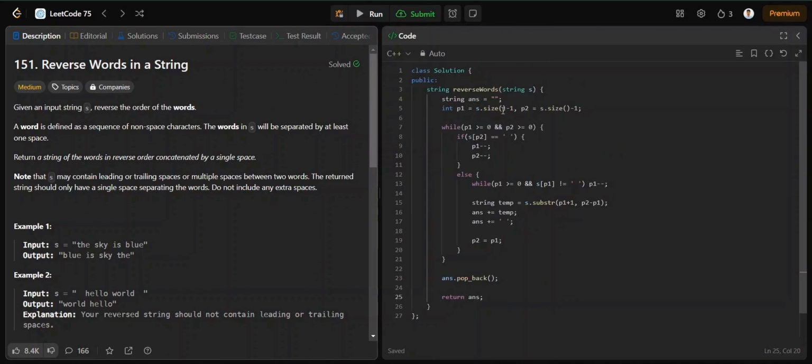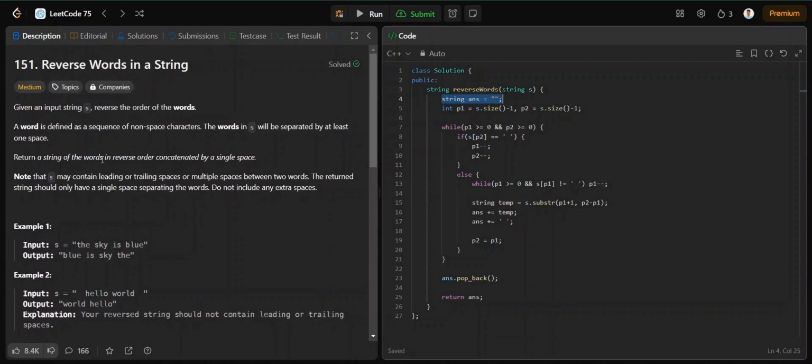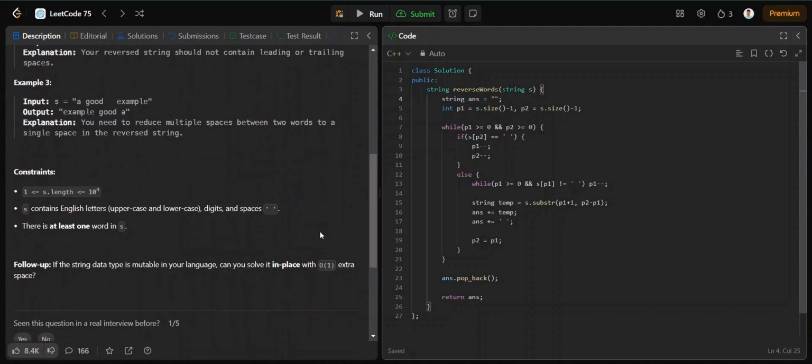We are using spaces like the answer. So if we exclude that, we are not using any auxiliary space. We have to use this, as the question says we have to return the string with the order reversed. So we are not using any auxiliary space. So the space complexity will be big O of 1,